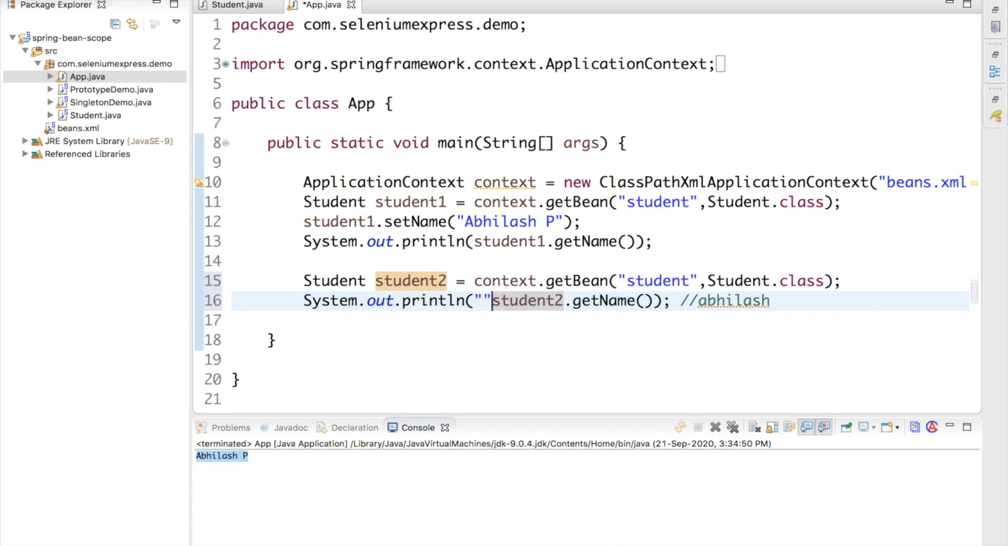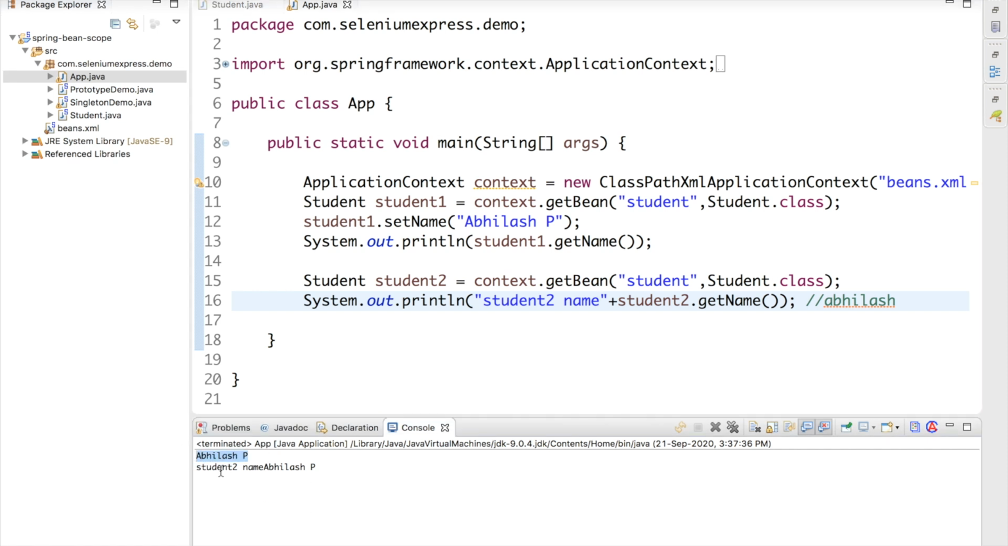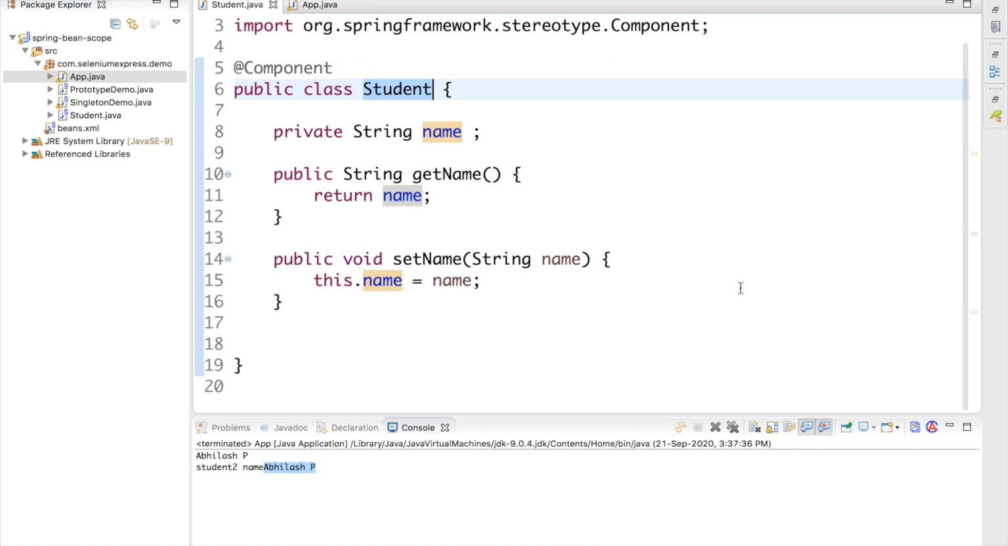I can write a log here, student2 name. Okay, so right now let me run this application again, and you are going to see that it is printing Avilash P for the student1, and for the student2 also the name is Avilash P. That's because I am getting the same object back from the container whenever I'm saying context.getBean, because this student default